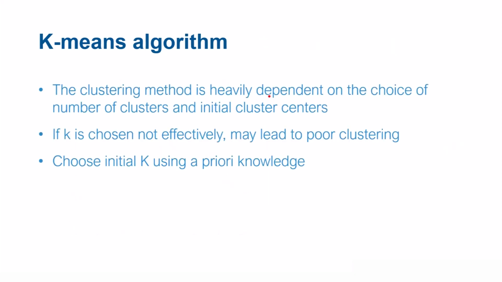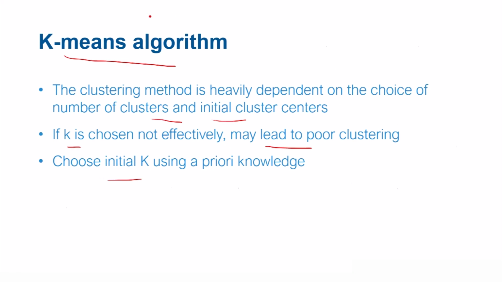Once this happens, you have arrived at the clustering method. Such a clustering method is also referred to as k-means clustering. The number of clusters, k, is determined initially when you start. The clustering method is heavily dependent on the choice of the number of clusters and also the initial position of the centroids that you choose. If the initial k and number of k is not chosen effectively, that may lead to poor clustering and more iterations. Choosing such initial k clusters and their locations depends on a priori knowledge about